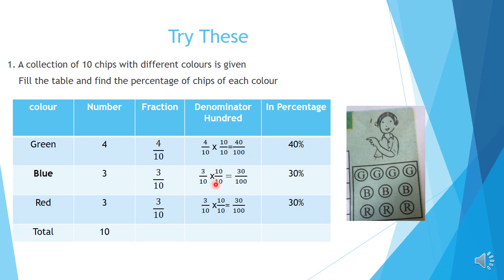And second one, here fraction is 3 by 10, and we can convert the denominator to 100 by multiplying by 10 by 10. 3 tens are 30 and 10 tens are 100. So 30 by 100. So the percentage is 30. How did we get this percentage children? Here denominator is already 100. So what is the numerator? It means the percentage. So 30%. Here third column also same only. 3 by 10 into 10 by 10 we get 30 by 100. And the percentage is 30%. Okay children? So this answer you write in your textbook.